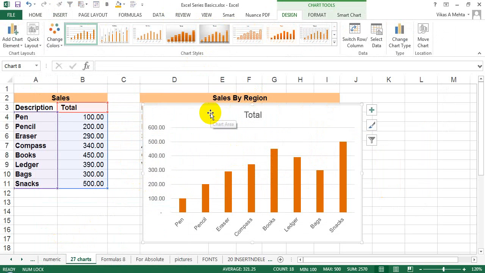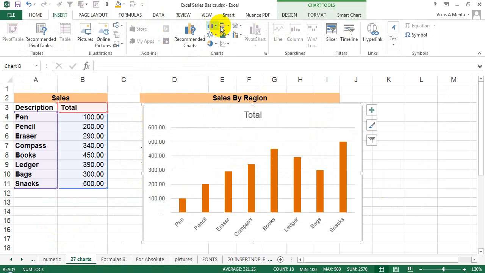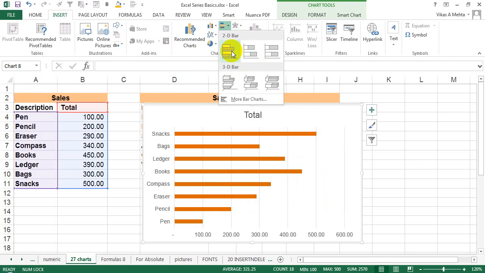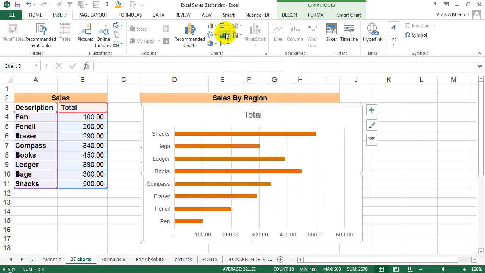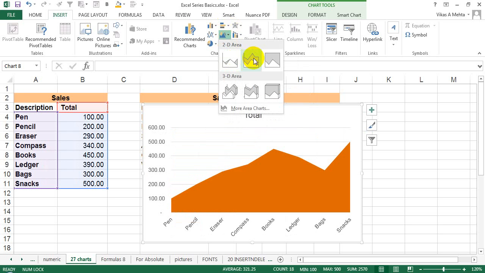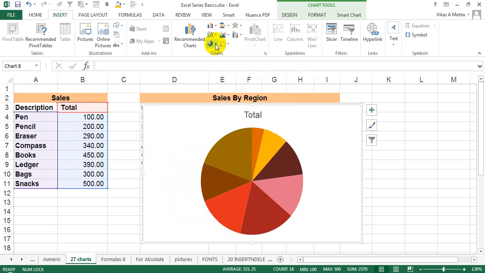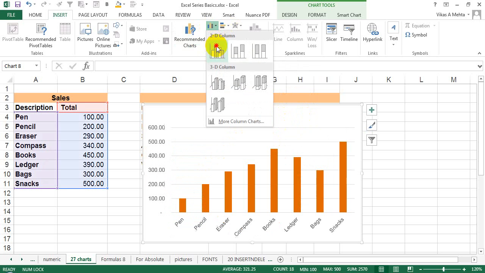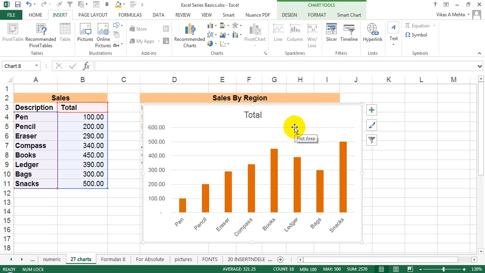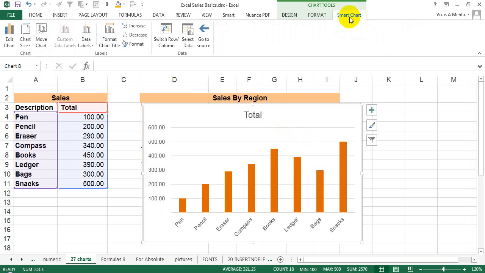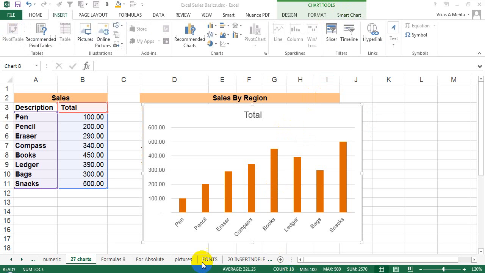If you want to change this view which you are currently looking at, let's say instead of this you want this, then you can change it to this bar type. If you want a 2D area type or 3D area type or a pie chart, then you can always change it to a pie chart. So if you just change it to a horizontal chart, and let's say you want to change it to some other chart type, then in that case,